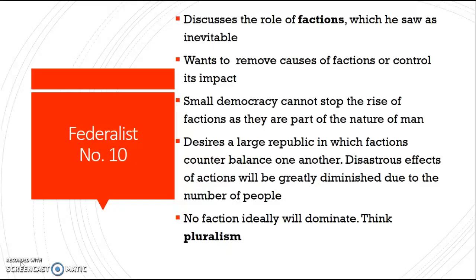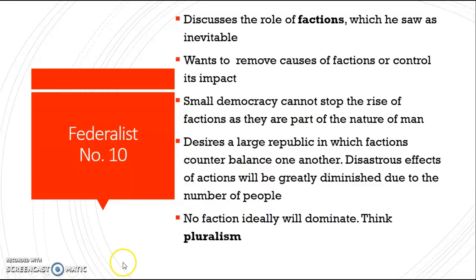individual states that are more like friends more than a country. So he's going to advocate for a large republic in which factions are going to counterbalance one another. The idea being, in a very large republic, you're going to have so many more people and way more factions, so that the disastrous effects of these factions are going to be greatly diminished due to the number of people. And again, he has this idea that no one particular faction is going to